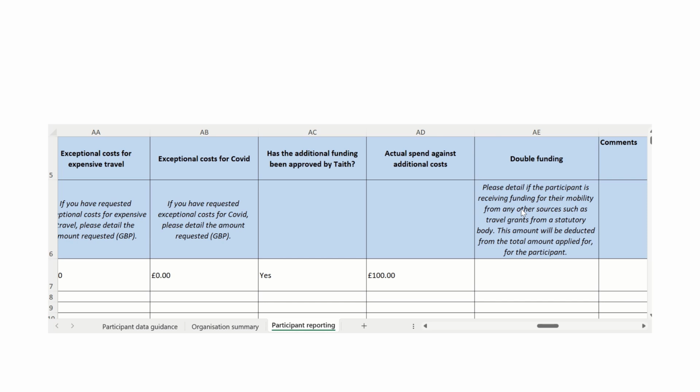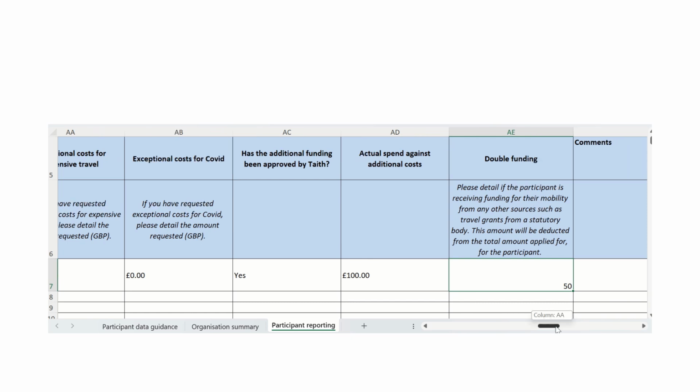If a participant is in receipt of any other public funding for their mobility, such as a travel grant, please give details. This will then be deducted from the amount allocated from Type. If they receive another source of funding which isn't assigned to a particular cost that Type covers, this is fine and this does not need reporting. There are a couple of rules within the handbook on which funding participants should utilise first for particular sectors, so please do read through the handbook for more details on this. So for this example, the participant has received £50 for a travel grant, so I will put details of that amount in there.